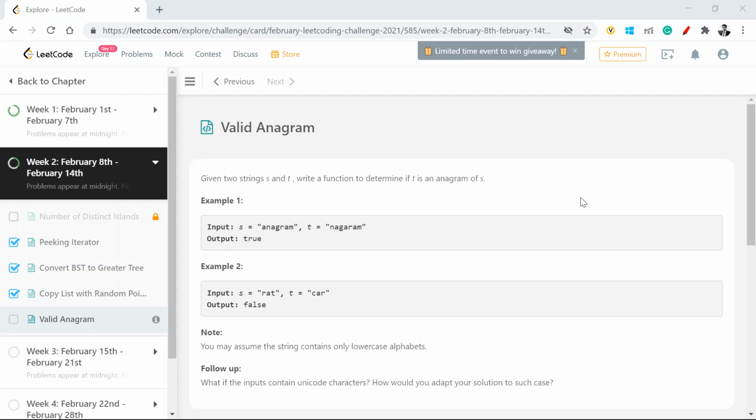So if I look at, say, anagram and nagaram, N-A-G-A-R-A-M, you see the number of characters present in the string s is the same as the number of characters present in string t. Now, for example, say I take another example, say rat, and if I took the target as car, then in this case the characters present in the input string s are not present in this one. So if this was rat and this was tar, then this would have been an anagram.